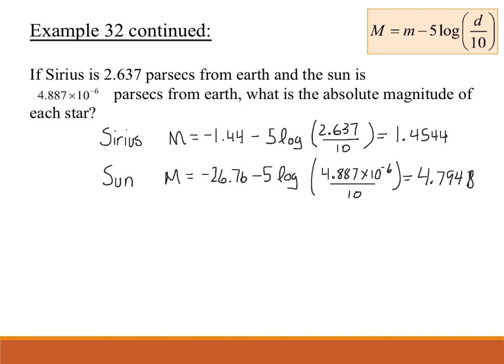And the Sun, M equals negative 26.76 minus 5 log of 4.887 times 10 to the negative 6 divided by 10, which is equal to 4.7948. So based on the absolute magnitude, Sirius, since it is a lower number, is essentially a brighter star than